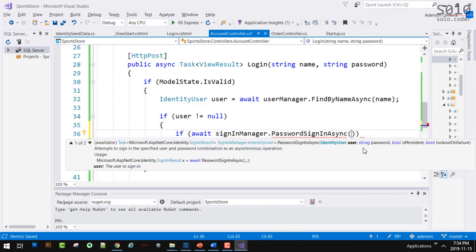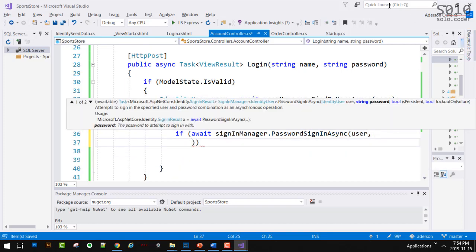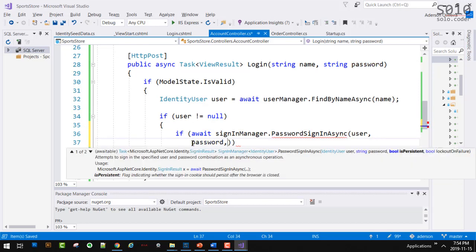The first parameter is the user, so we have the user here. The second parameter is the password. Here is the password. And then we have another parameter.